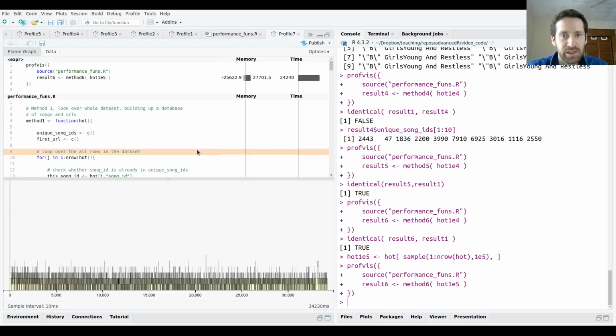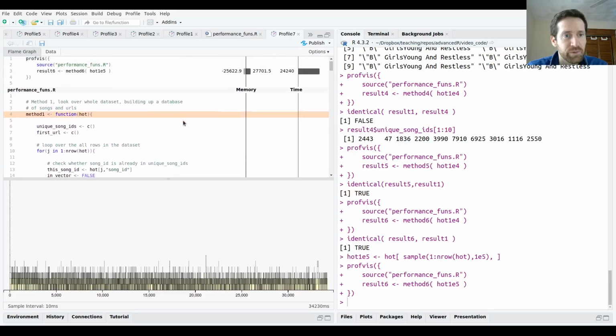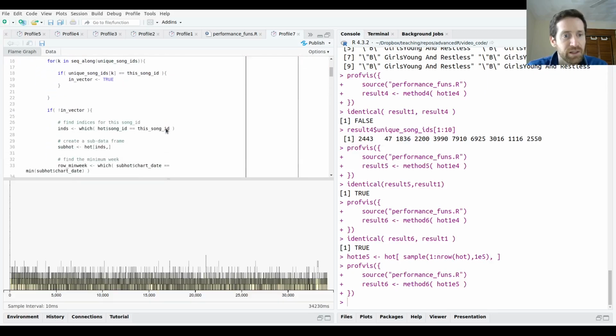Okay, 6 is done. Let me take a look at that. So this took 24 seconds. Remember, this data set, 1E5, is 10 times bigger, so that's about right. Now